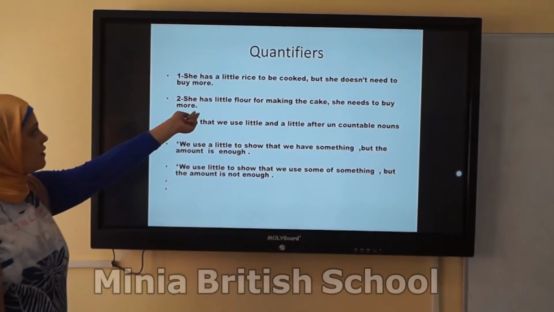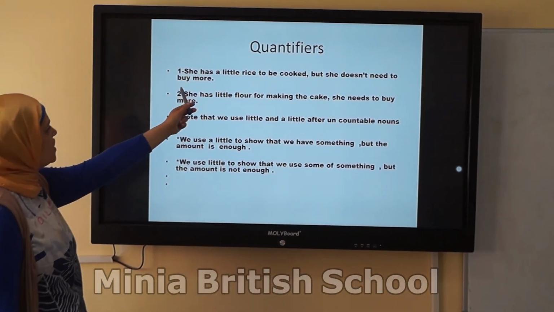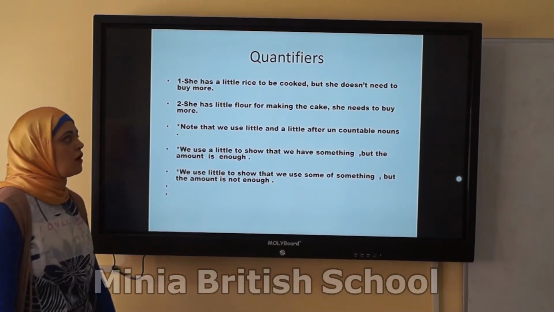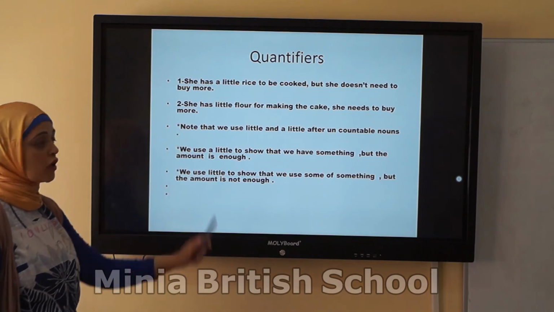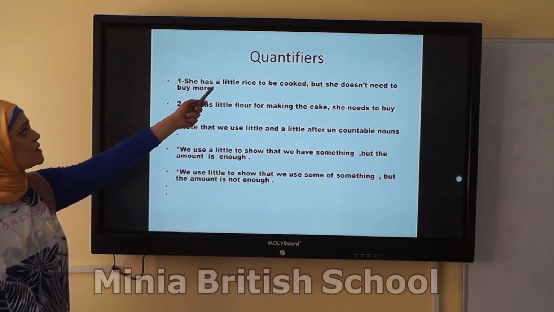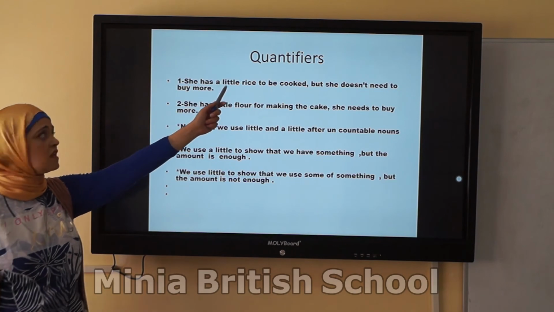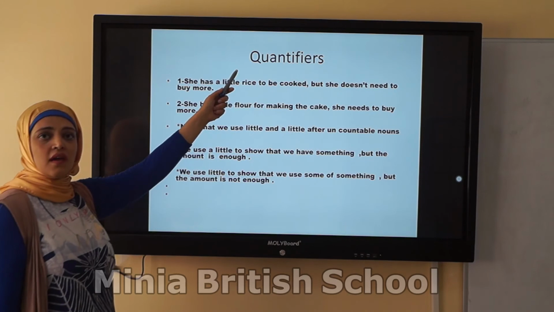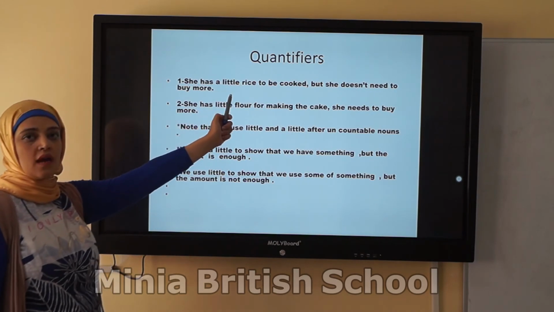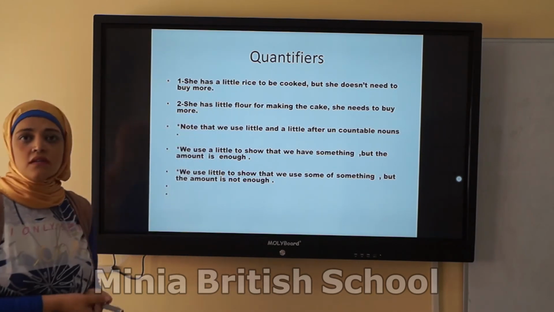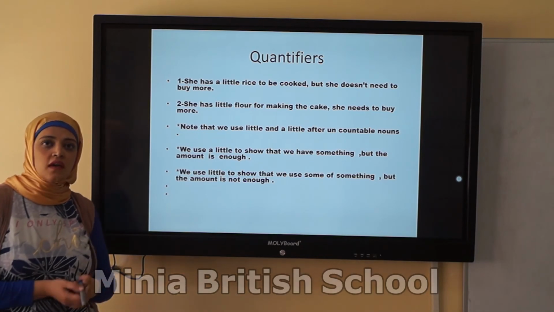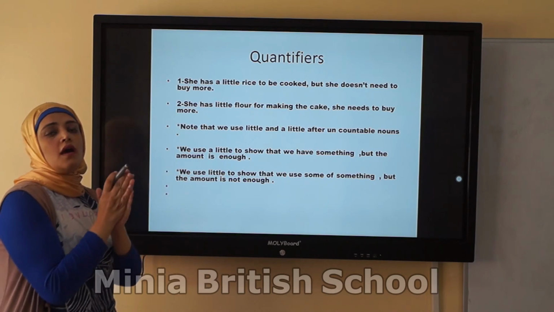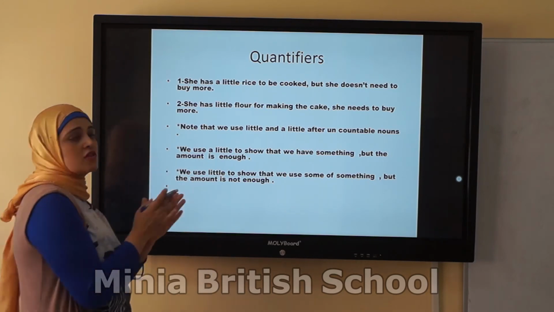Here, in the examples that we have: she has a little rice to be cooked, but she doesn't need to buy more. Here we use a little, and then rice. Rice here is a noun, an uncountable noun. We use a little here to refer to having an amount of something. It is not